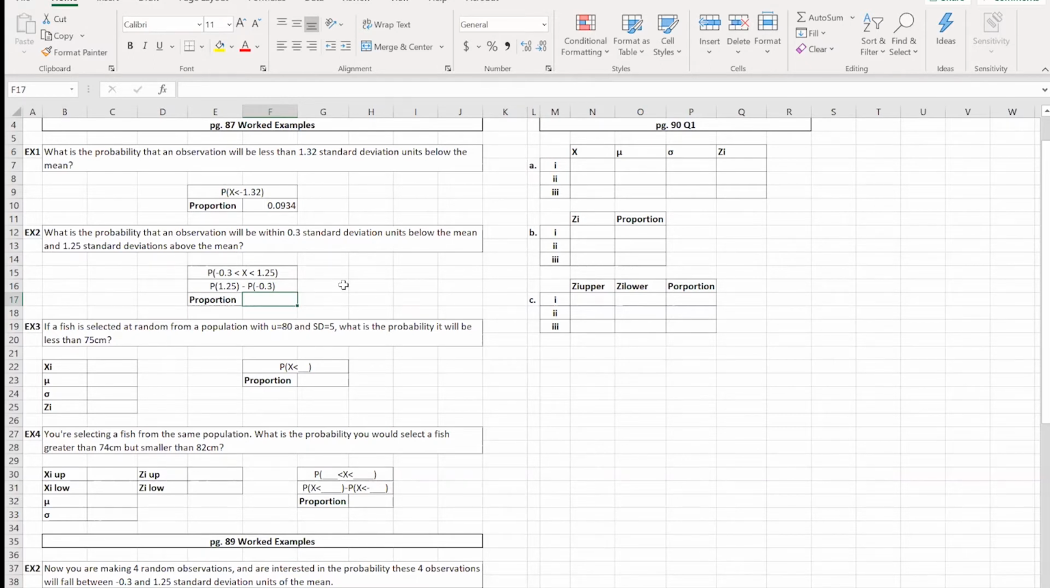See, the probability of positive 1.2: when I go down to 1.2 on the z-score table and then across to 0.05, it's 0.8944. So the probability of that minus the probability of negative 0.3. So going down,